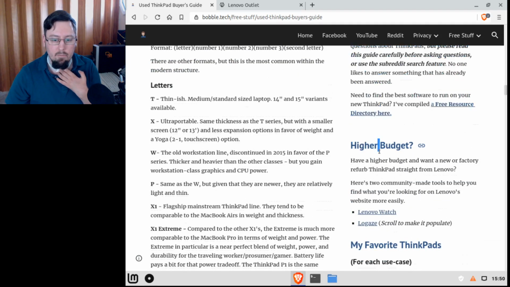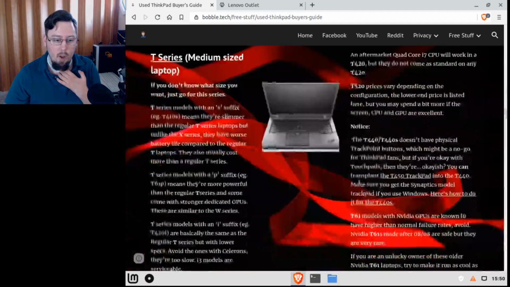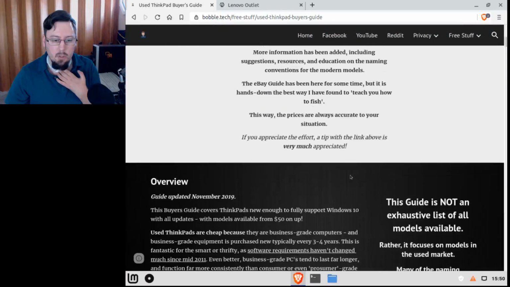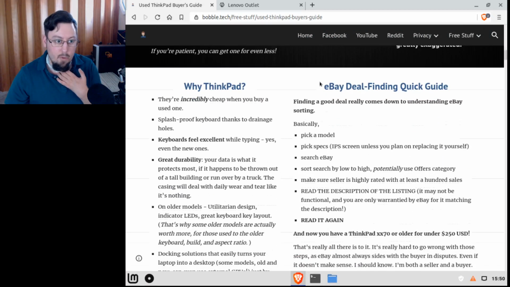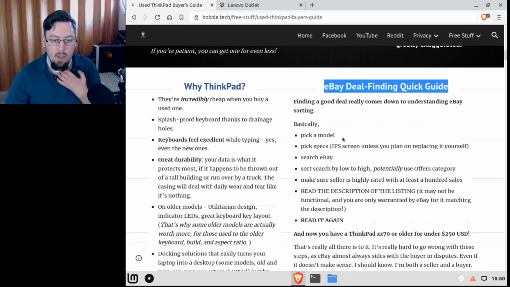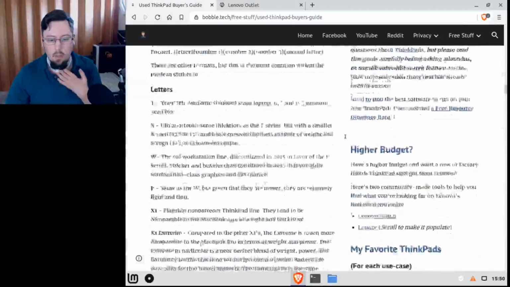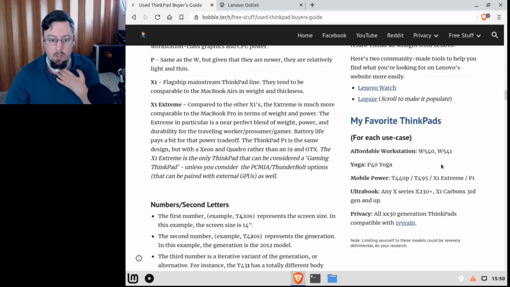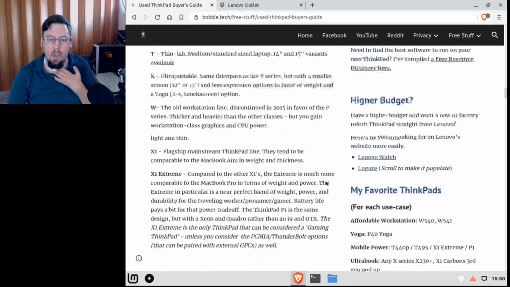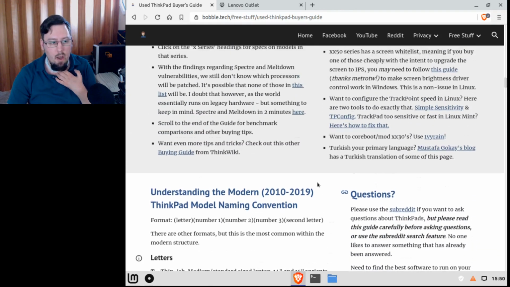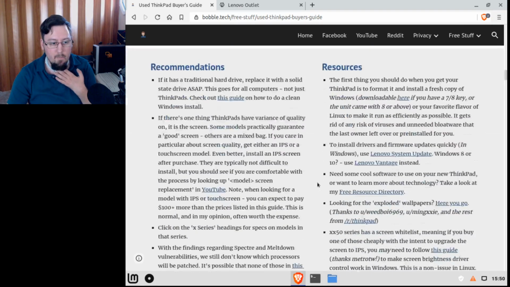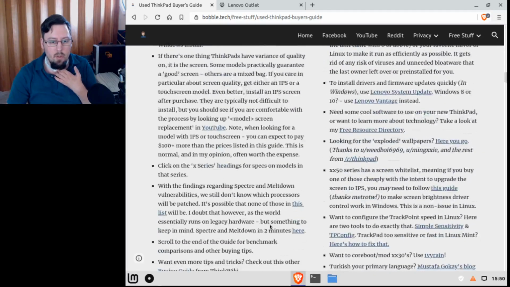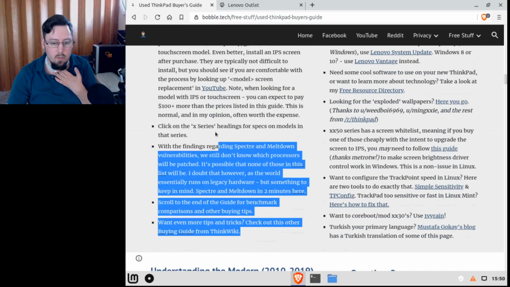Just read the heading sections that you want to read. You don't have to read all of it, right? It's not actually that much when you just look at the headings. In fact, if you want to find the easiest way to get a ThinkPad, just read this eBay deal finding guide and scroll down to my favorite ThinkPads, pick one of those, and find whichever one is in your price range. You're done. The only other thing you need to know about that, actually, I should say this, there's a recommendations page here. Just read the recommendations,